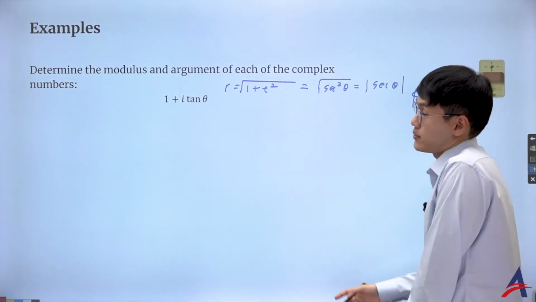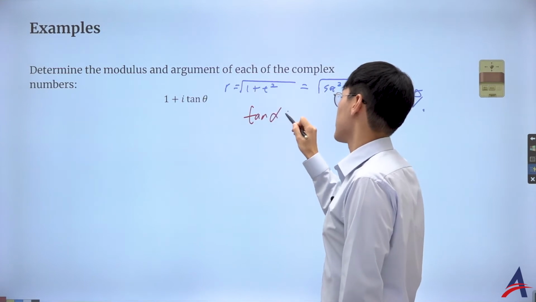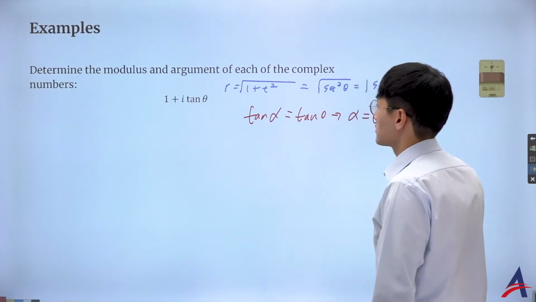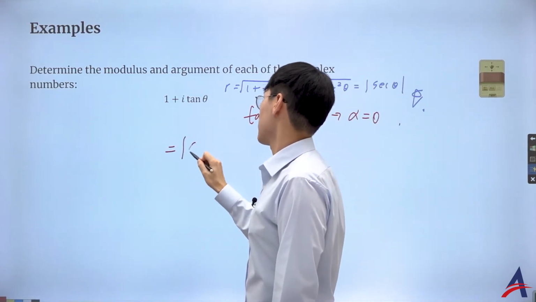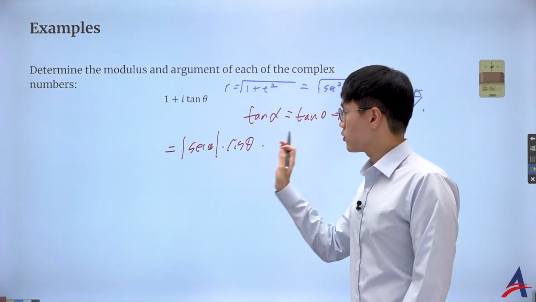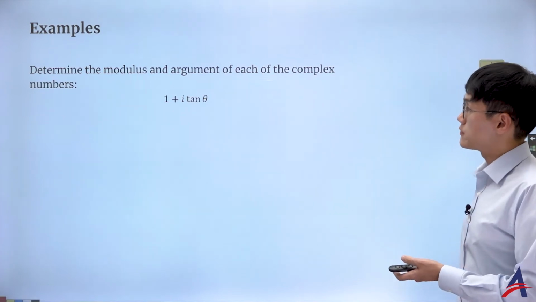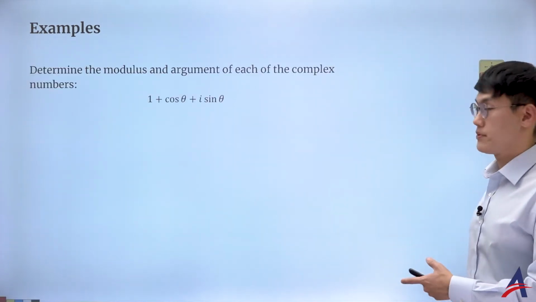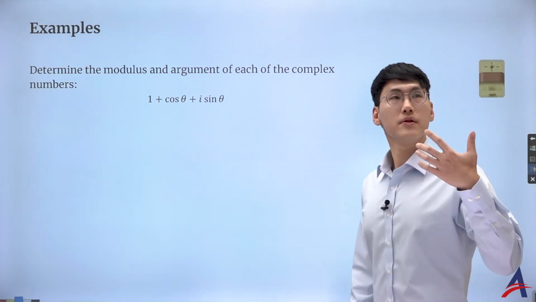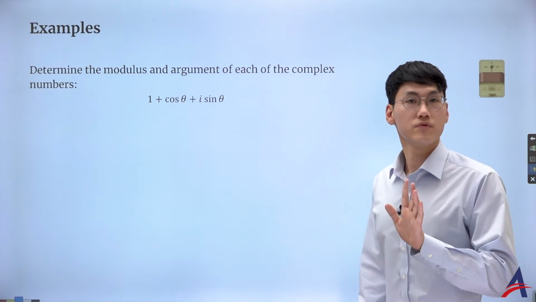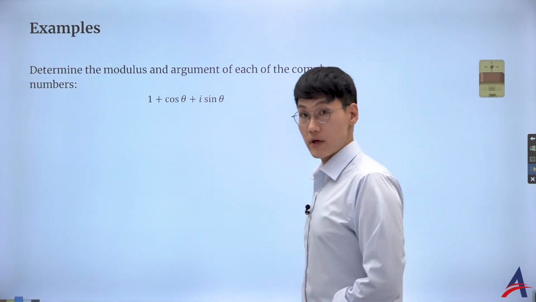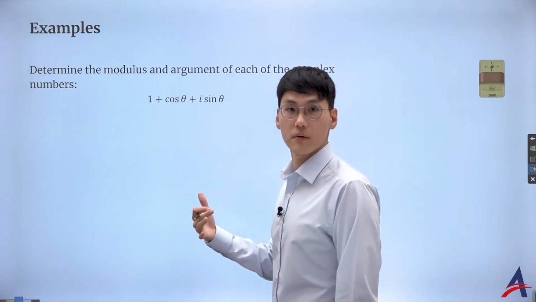And then the argument, if I call the argument alpha, that's imaginary part over the real part, simply tangent theta, then boom, argument has to be theta. So this one is simply going to be absolute value of a secant theta times cis theta is what we're going to use. Okay, no problem. I think the next one is very, very popular, so make sure you're able to simplify this one as much as you can, because by the disguise of a complex number, it's really the topic of a revision and extension of trigonometry. So you should be very, very good at trigonometry when you start working with the complex number,